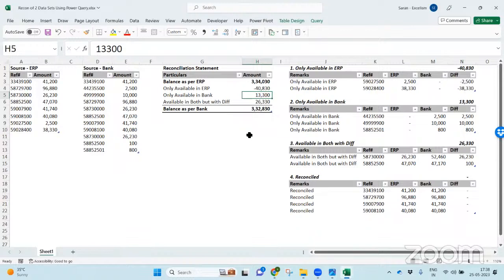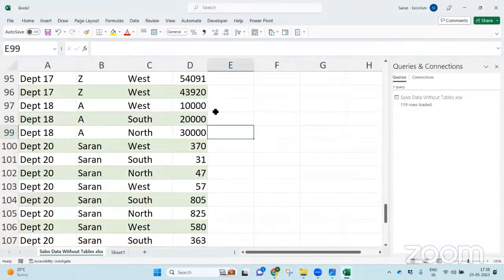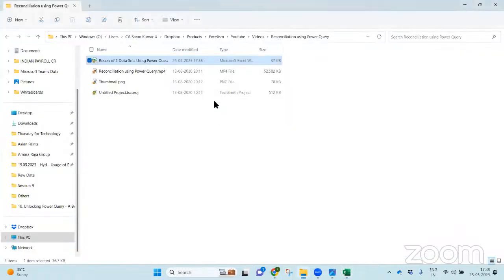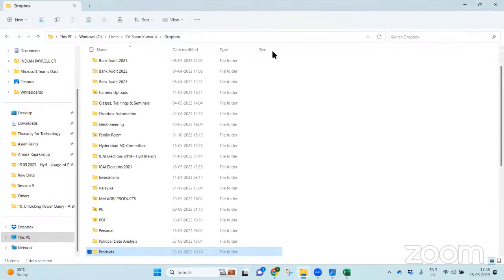How simple it is. For an organization, I have given this solution where they copy paste their books data here, they copy paste their bank statement data here, and automatically they'll get this extract. If I can connect to my Tally or SAP for the books, and to my bank or any of the apps through which I can automatically extract the bank statement, my reconciliation is real time. I'm just trying to unlock things for your imagination. This is one of the very simple things you can do using Power Query. And let me also do another one for you.